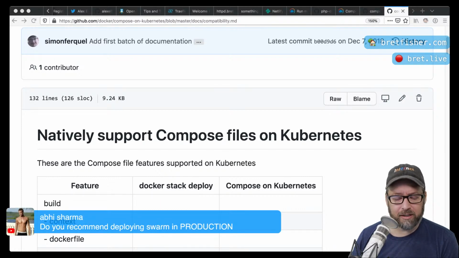Yeah, Swarm in production? Totally. I use Swarm in production all the time. Right now, BretFisher.com is on production Swarm in a 3-node cluster in DigitalOcean. 700 companies, at least, at Mirantis, who used to be Docker Enterprise, all use Swarm in production. Like, I think they said something at some point, 80 to 90% of all Docker Enterprise people were using Swarm.